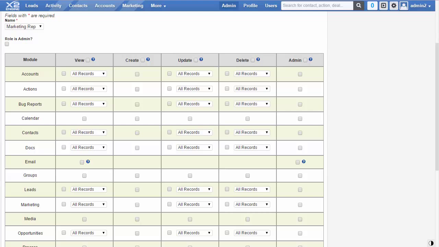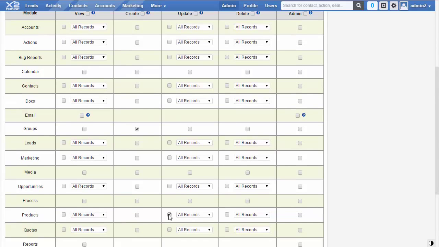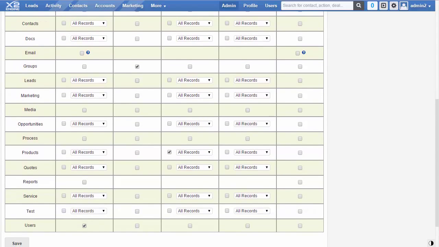For example, if you want a Marketing Rep to be able to create groups, update products, and view users, you can do so by clicking the checkboxes for every corresponding permission. For some of the module permissions, you can also specify whether the users assigned to the role will have permission to view, create, update, or delete all records or only the ones assigned to that specific user. So for the Marketing Rep, let's allow them to create groups, update products assigned to them, view users, and view